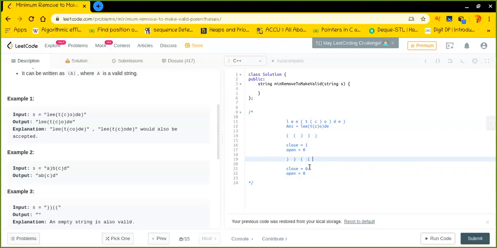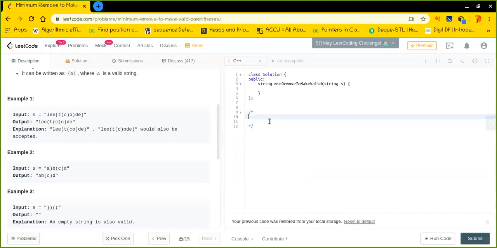So why? Because what is the condition? Basically the condition was when the opening and closing bracket counts are the same, that means we will just ignore that particular part and move on. So yeah, I hope you got the thing. These are two edge cases, all right, that I would like you to understand.